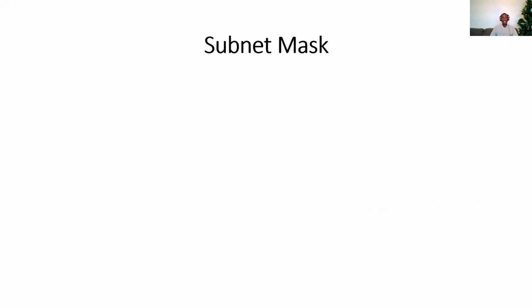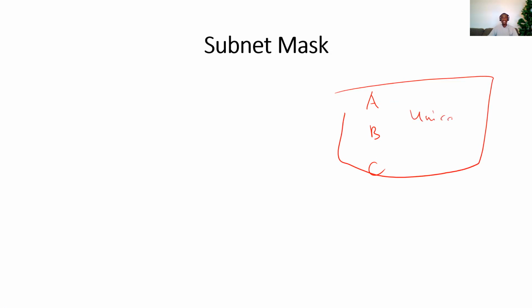Okay, so in our previous lesson, we mentioned class A, class B, and class C as unicast addresses. And these are the IP addresses we're going to be using in most of our lessons. And so we're going to focus our attention on class A to class C. So for any class A address, the subnet mask or the descriptor, the particular thing that tells you which part of a class A address is your network part, is